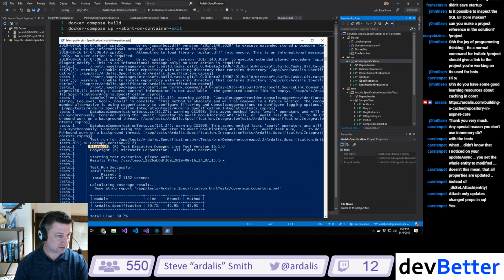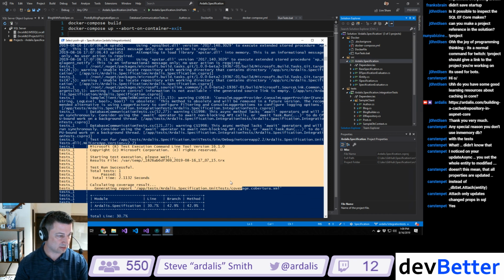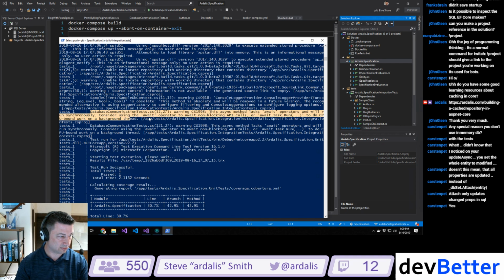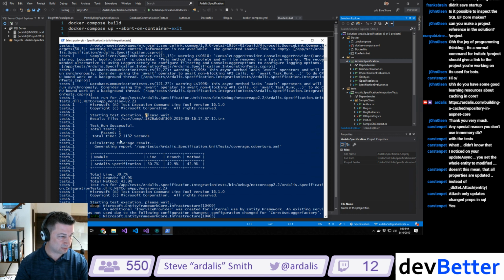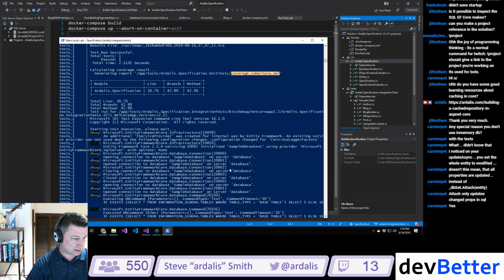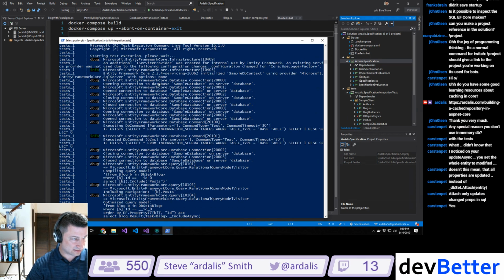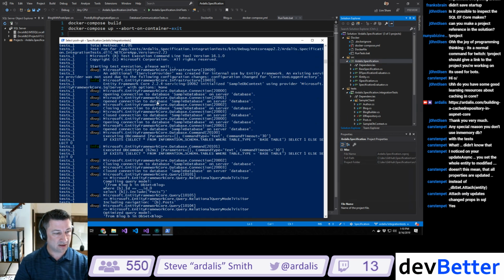And so here's our .NET test command starting to run, and there's a few other things up here. I had to do a build, and so here's a warning from the build saying such and such likes an await operator. Okay, so then it runs the unit tests here first, and I don't have very many unit tests, but they cover whatever percentage, because I've got test coverage turned on, and they drop this out to this coverage cobertura file, and then we run the integration tests,